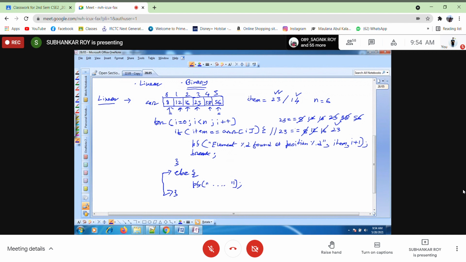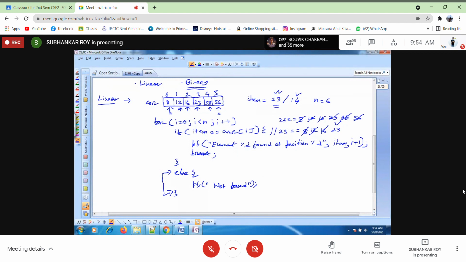If you write it here it will unnecessarily display. Okay. So item is 23. Suppose you have written else here for the unsuccessful case, meaning you have written here element not found. Now you check what will happen. Suppose I have written here not found. Okay, just not found. Suppose the item you want to search is 23. Got it? This one, 23.